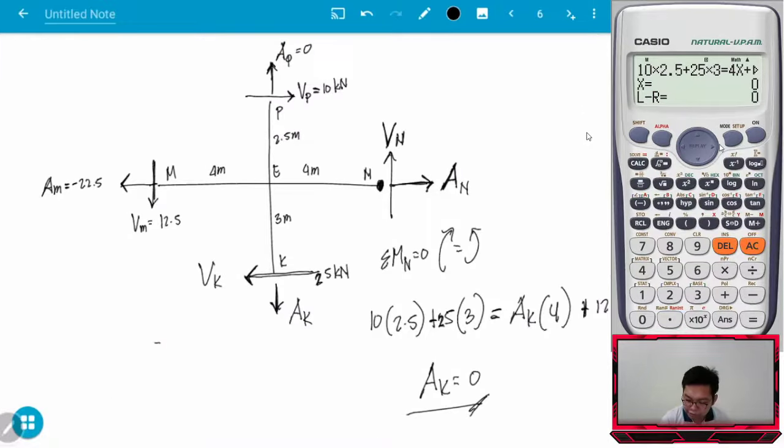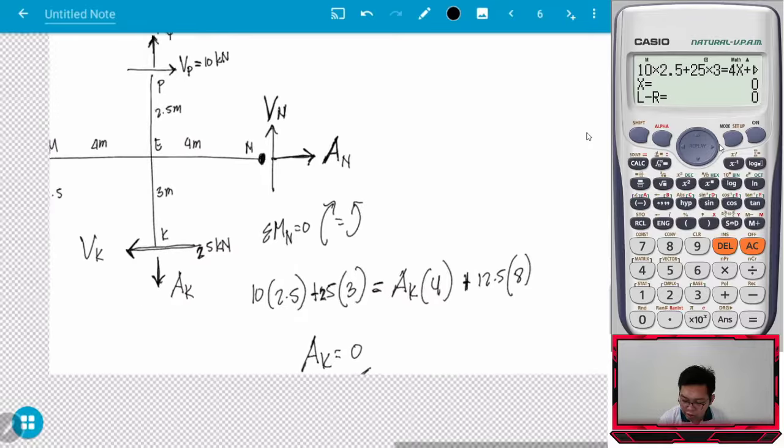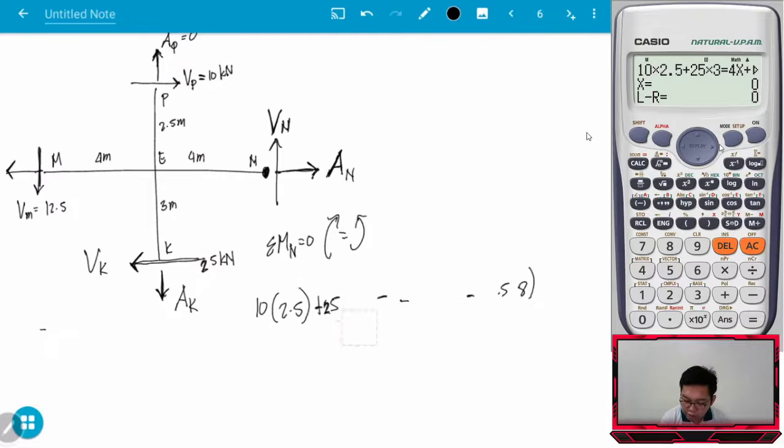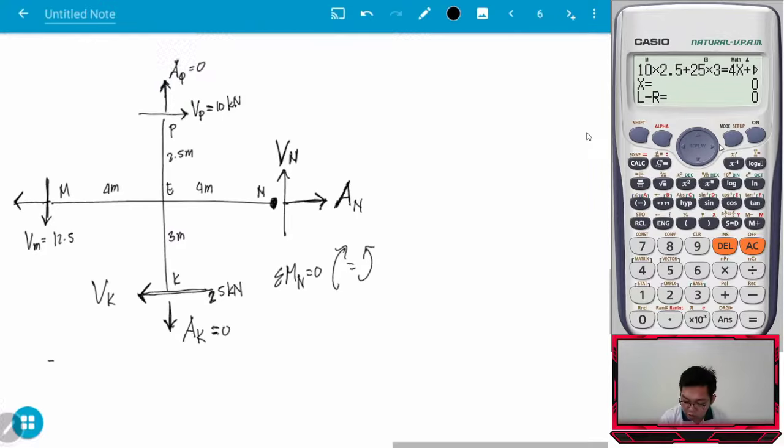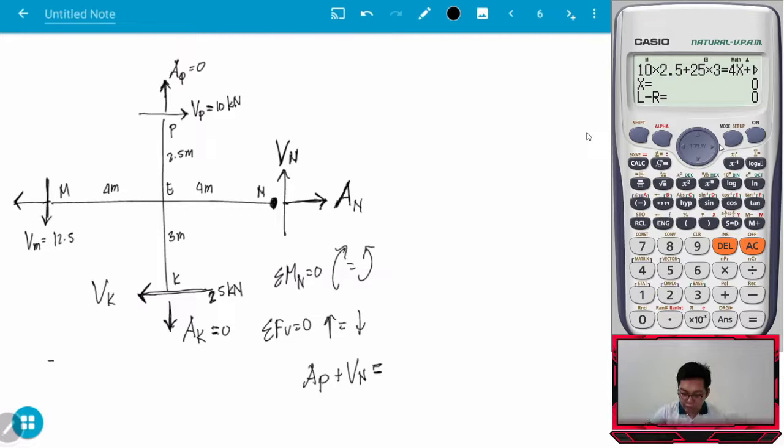Tanggalin ko muna to. Okay? So, anyway, i-erase ko na lang to. Anyway, AK is equal to 0. Nakuha na natin. Okay? So, dito na ako mag-sum up ng forces. Vertical is equal to 0. Upward is equals downward. Ano yung upward forces? I have AP plus VN plus AP plus VN na pala. And then, yung downward forces, I have yung going down is AK, which is equal to 0, at saka plus yung VM, which is